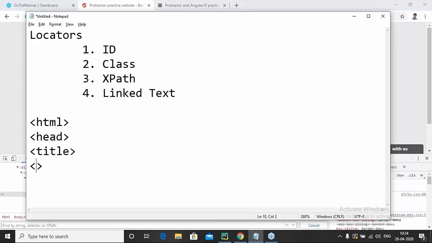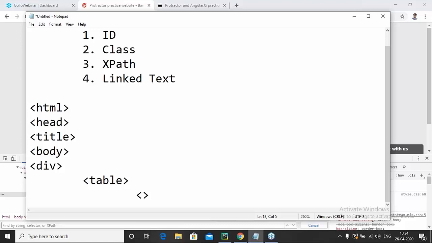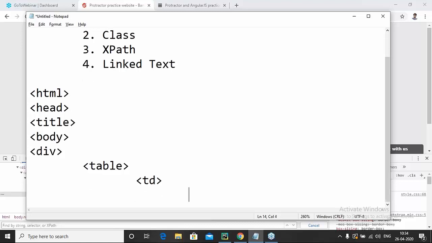Then we have a body, and inside this body we might have multiple divisions. In a division we can have a table. I'm just giving you an example. In this table you can have multiple TDs, which is table data, or table columns. In a TD you can have another table or something.